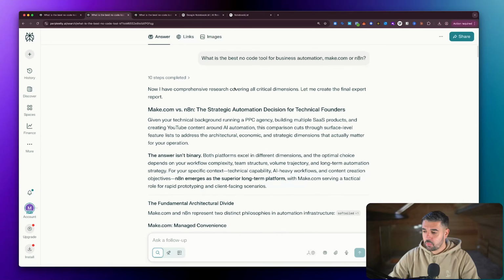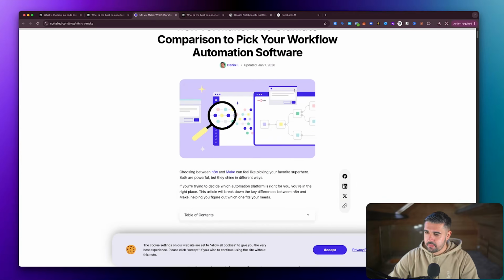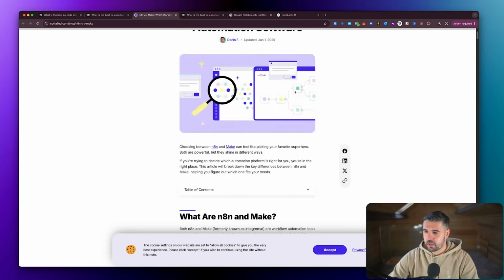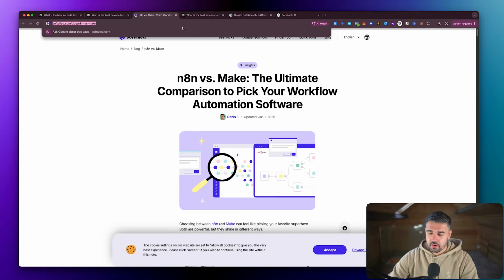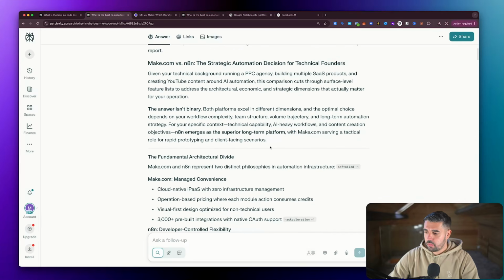So we come through and we select a couple of these high-level stuff. N8N versus Make.com comparison. This is perfect. So I'm going to take this URL and I'm going to stick it inside of my notebook. Cool little trick here, cool little trick. Just press space. You don't need to add one URL, then another, then another. You literally just have to go through that. So we select that one.